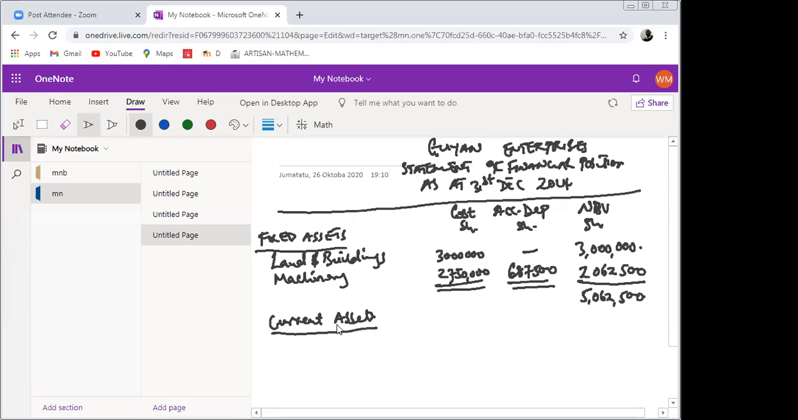Current assets, what do we have? Current assets, don't forget to include the closing stock. The closing inventory, it is mostly forgotten, of 680,000 because it is still in the business. It has not been sold, it is still in the business, 680,000. Don't forget to include prepaid expenses. So in this case, we have a prepaid